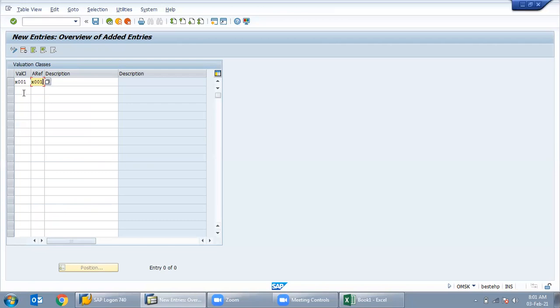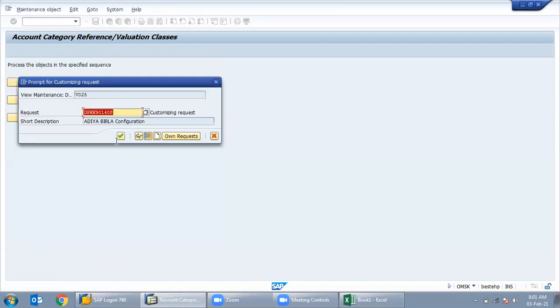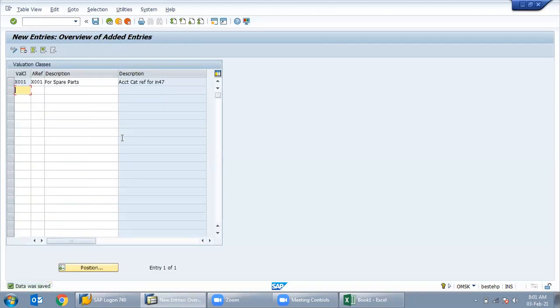That is not fixed. Just press enter. Give your valuation description: for spare parts. I have created valuation class X001 for spare parts. Now the account category reference is taking IN47. Just save it. So the new valuation class is created for spare parts.